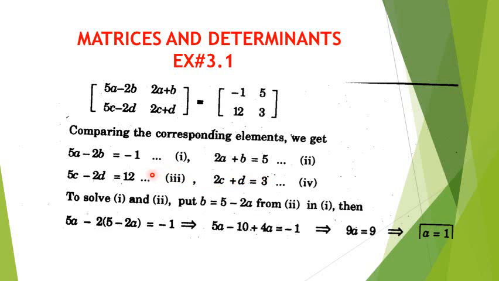And for the weaker students who don't know how to solve, I'm explaining the class 9th and 10th content. Look, 2a plus b, okay, here what is there, 5a minus 2b. Okay, to solve 1 and 2, put b is equal to 5 minus 2a, 5 minus 2a from equation number 2.